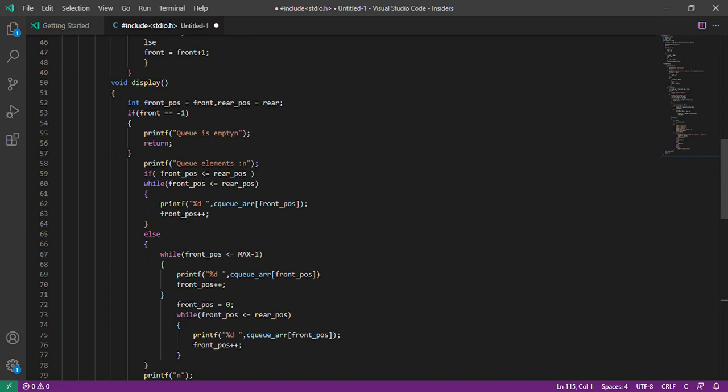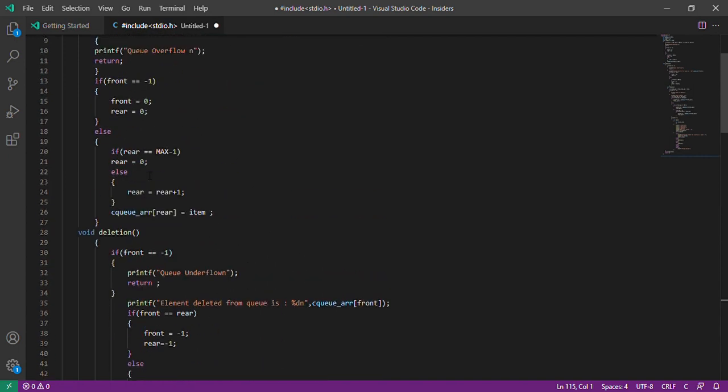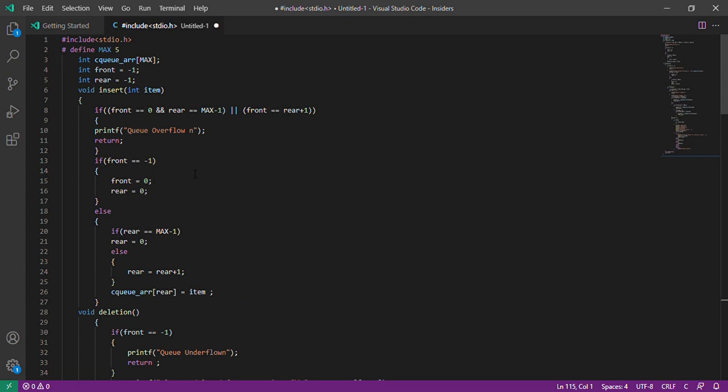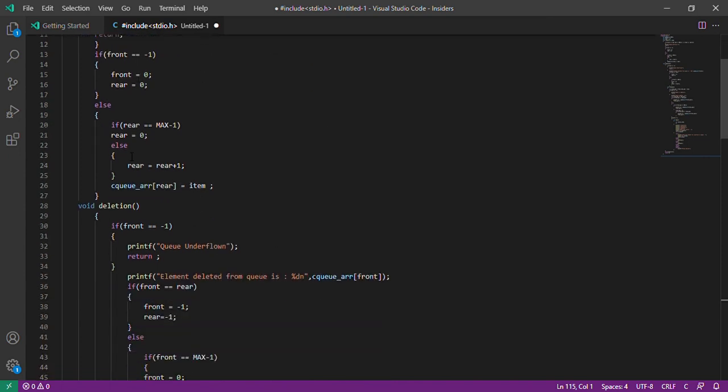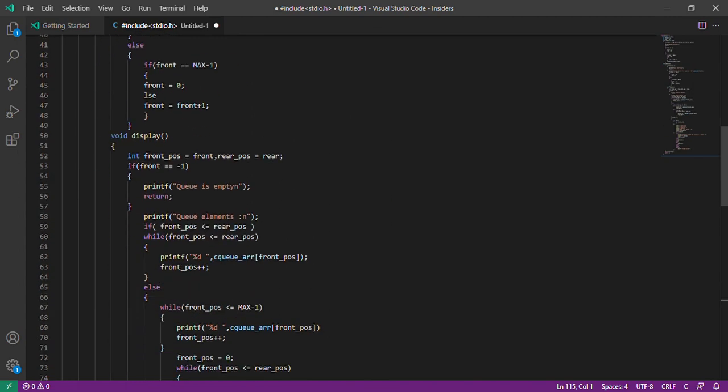Okay, so first of all, we also explain this program. The code is a menu driven implementation of a circular queue. In this program, first define the size of max variable to be 5. Then the array called CQ array is declared of size max, and three functions are to be declared. The functions are insert, display and deletion. First the insert function, then deletion function and display function.